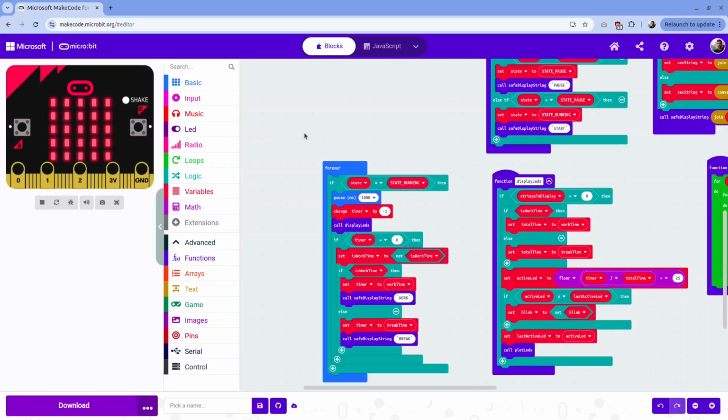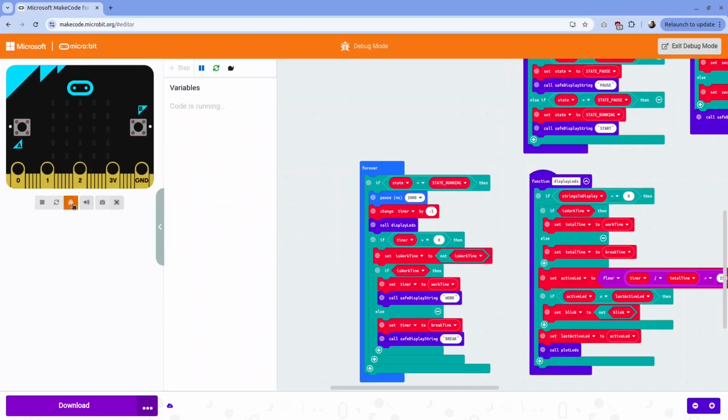This is not what we expected, because we wanted to see Pomodoro not start counting immediately, but rather on press of the button. So we can inspect this behavior with the debugger and try to figure out what is going wrong. I will stop this now, and I can run the debugger by pressing this button, toggle debug mode, and